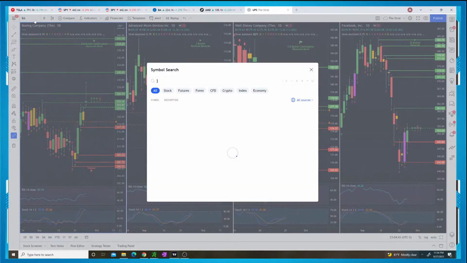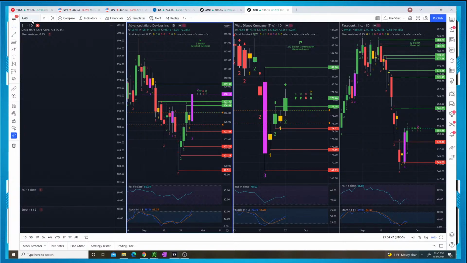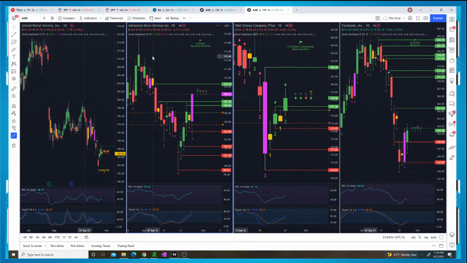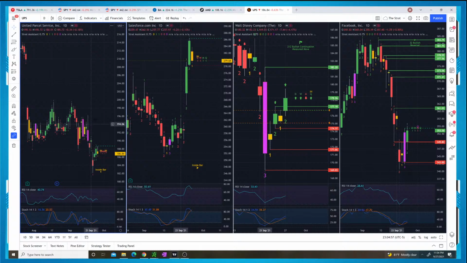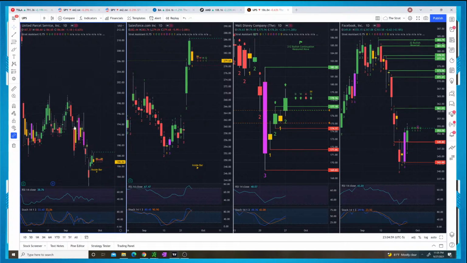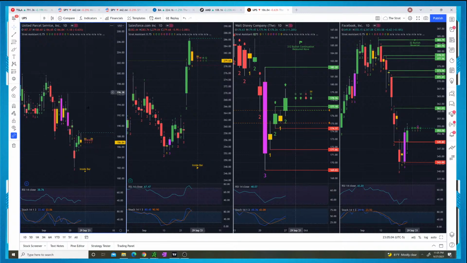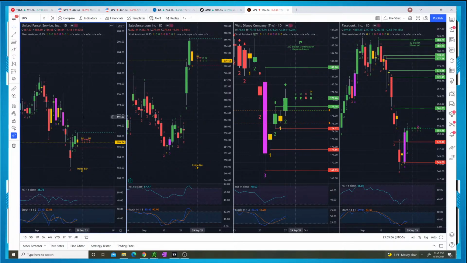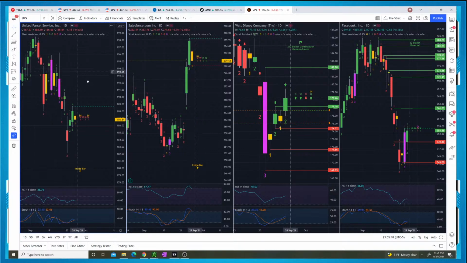UPS, and we'll do CRM. All right, so basically an inside candle is, I tried to explain this before on Twitter, but I know it's a little hard to do a full explanation on Twitter, especially when I only have so many characters for each tweet. But you can see right here, the reason my candles are these specific colors is because